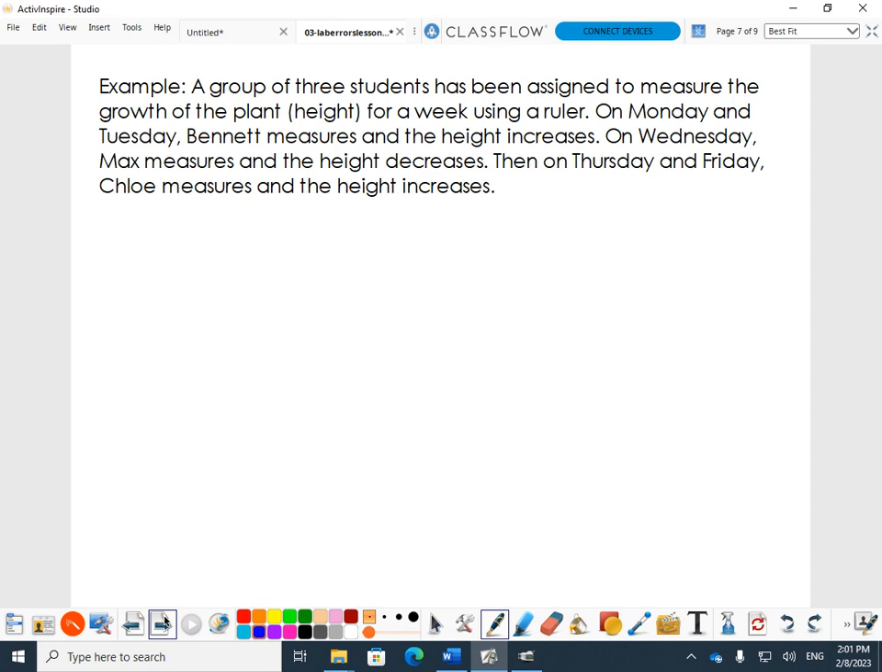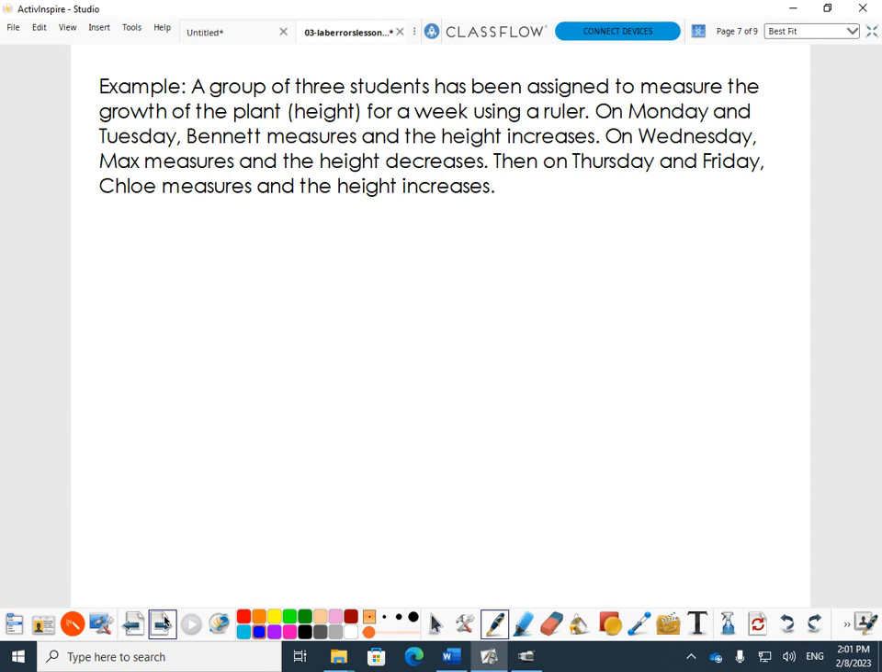On Monday and Tuesday, Bennett measures and the height increases. These are my kids, just so you know. On Wednesday, Max measures and the height decreases. Then on Thursday and Friday, Chloe measures and the height increases. So first of all, this is really vague on purpose, right? Let's say this was a quiz question. I would want you to be able to write a million errors. But